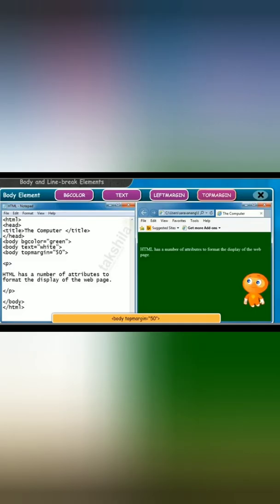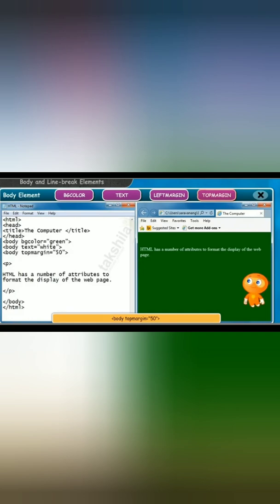Yes students, in a body tag there are some attributes, like body is the starting tag, and in the end body is with the forward slash, but we always put the attribute with the help of the start tag. So body is the start tag, after that the attribute of body is bgcolor. Bgcolor means background color.